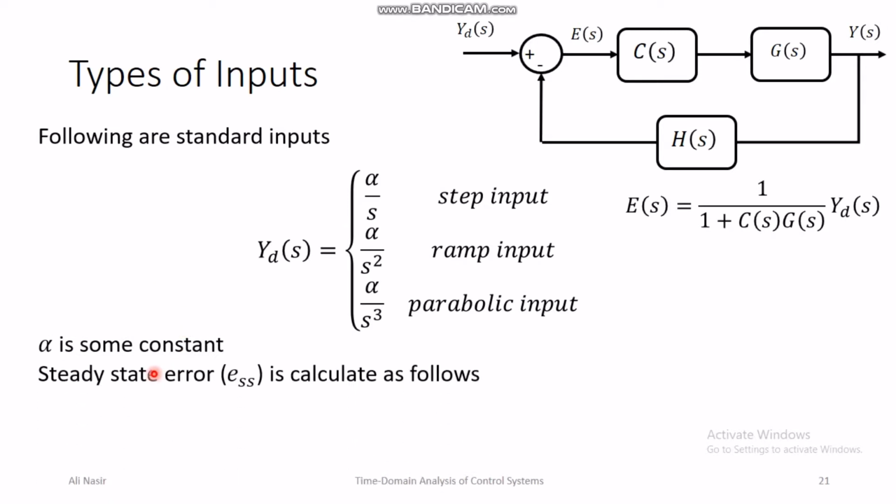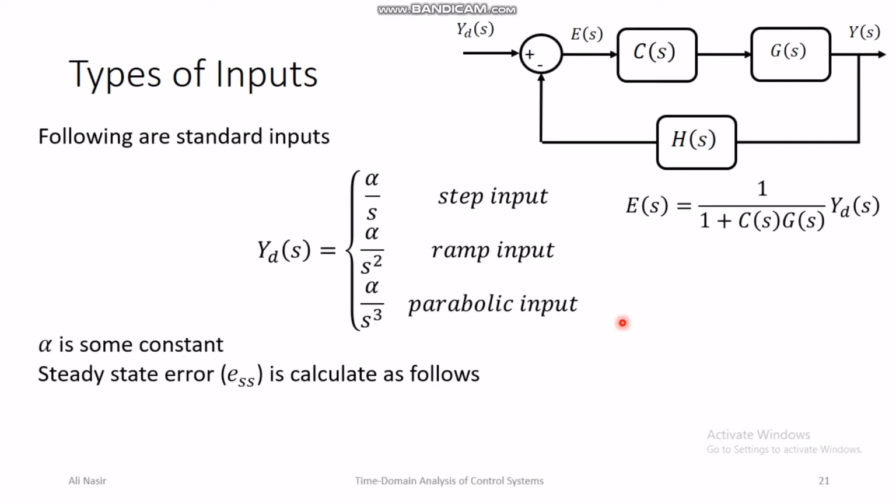The steady state error: this is the expression of error, but we are interested in the steady state value, the value of error as the system settles down after the transients. This discussion is only valid for asymptotically stable systems, because only asymptotically stable systems have a steady state. If a system is simply stable in the sense of Lyapunov, or if a system is unstable, then it might not have a steady state at all, so steady state analysis is irrelevant.